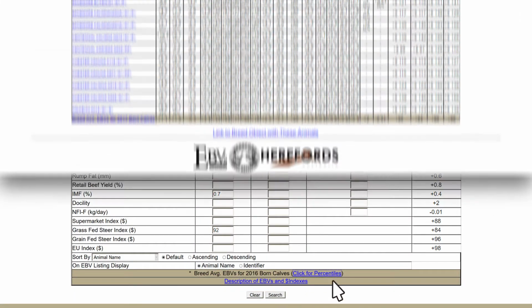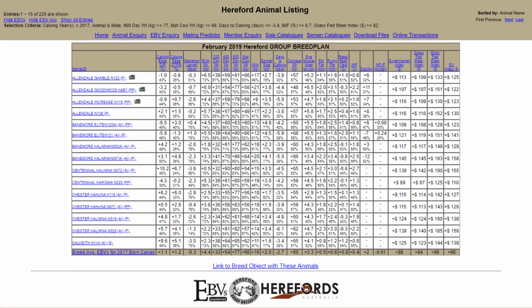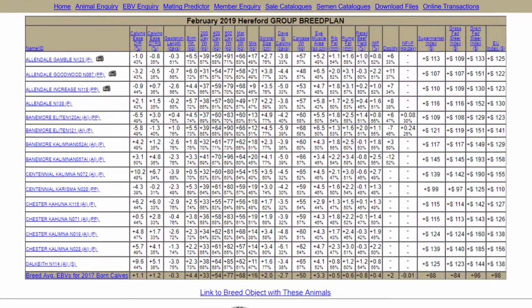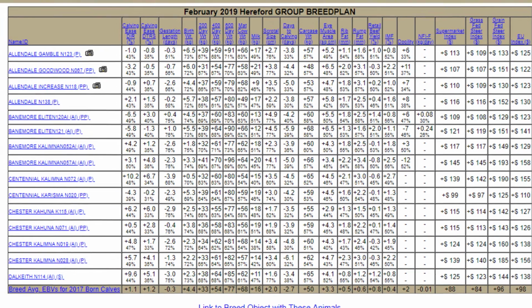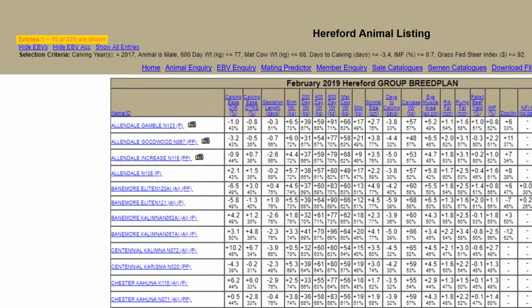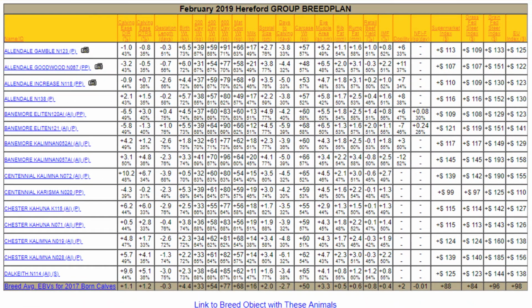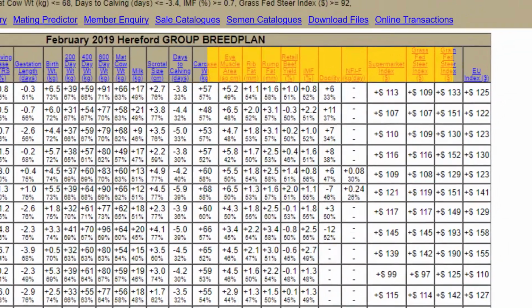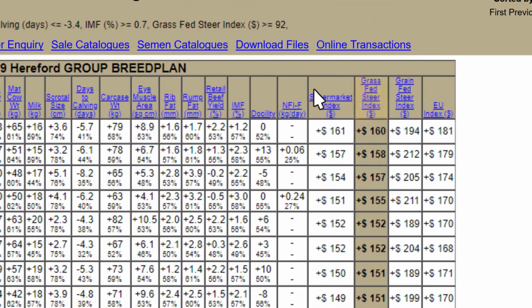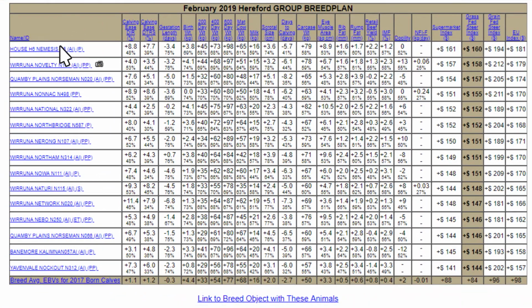Click Search, and now you have a short list of bulls in alphabetical order that meet your breeding objectives. On the top left of screen, you can see how many bulls this shortlist contains compared to the total number of 2017 males across the Hereford database. The top row gives you links to resort the list from highest to lowest for individual EBV traits or by index. Let's rank these animals by the grass-fed steer index, and then have a closer look at the top-ranking bull